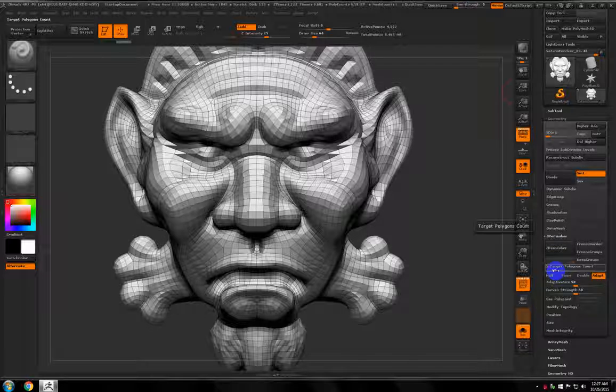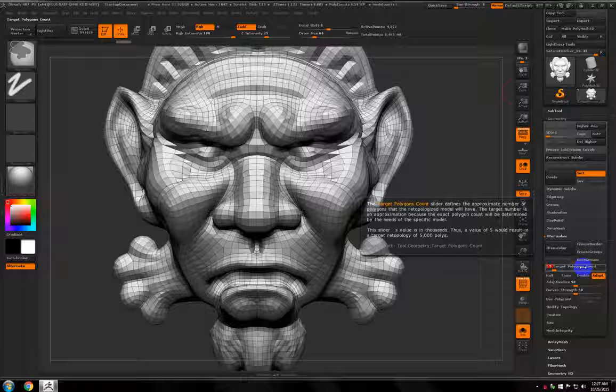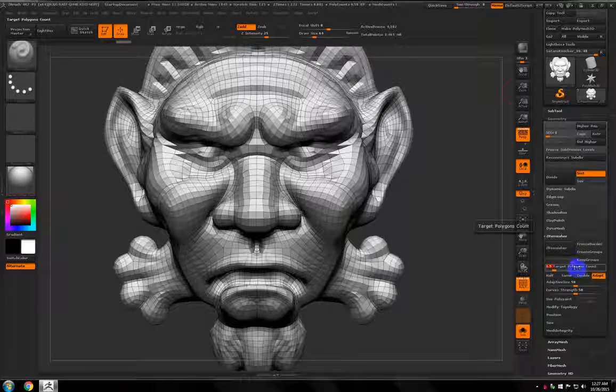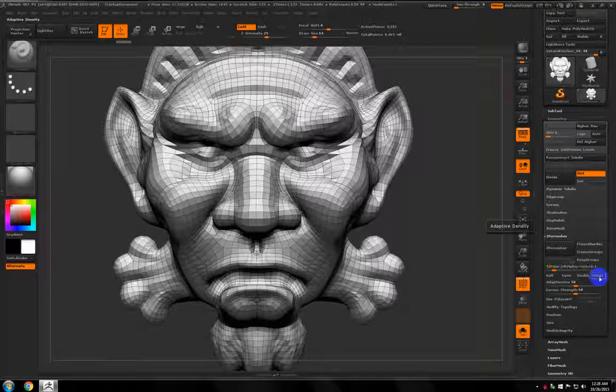Actually, I probably want to go a little bit lower, since I know I've got other subtools to factor in here. So I'll try a 1.5, and this is in thousands, so 1.5 would equal 1,500. And what adaptive density does is that it'll increase the target poly count. So it'll kind of actually ignore the poly count and add edges where edges are needed or required. So I'm actually going to turn off adapt so I can really get aggressive and try to hit that count. So I can hit Z-remesh,